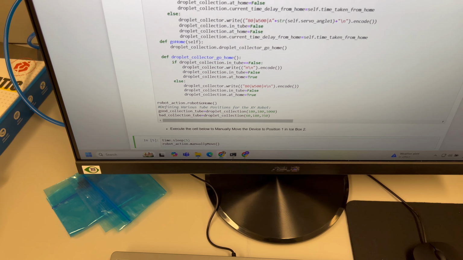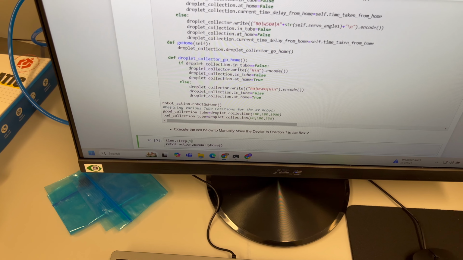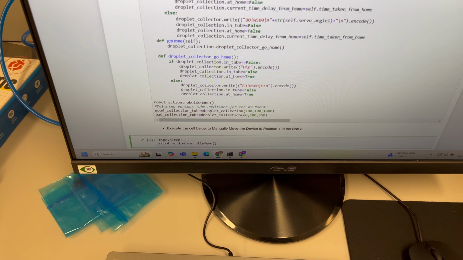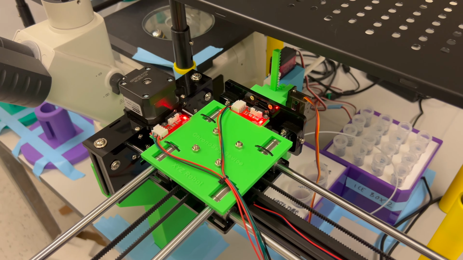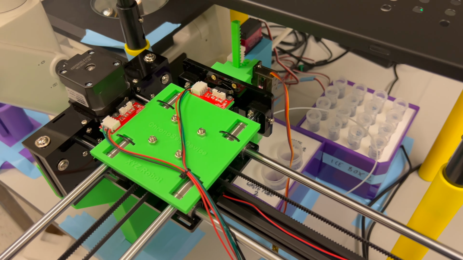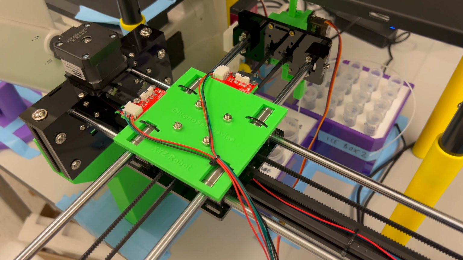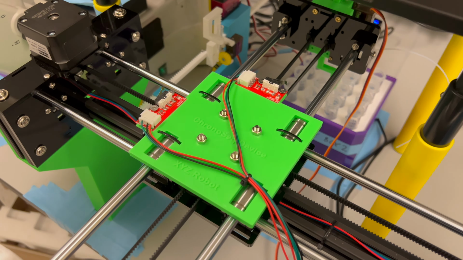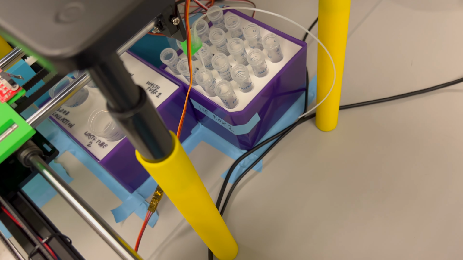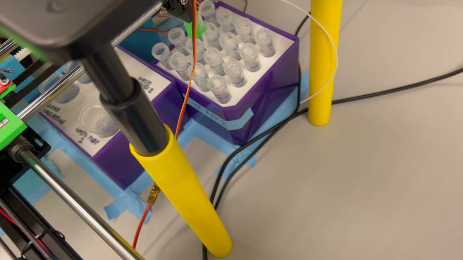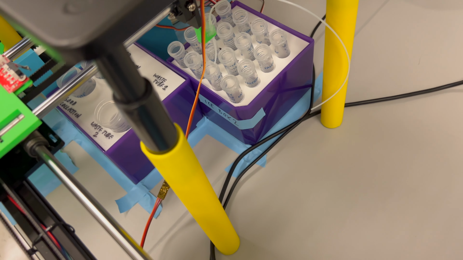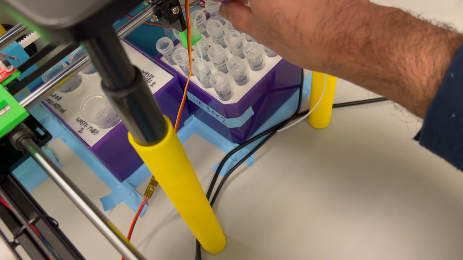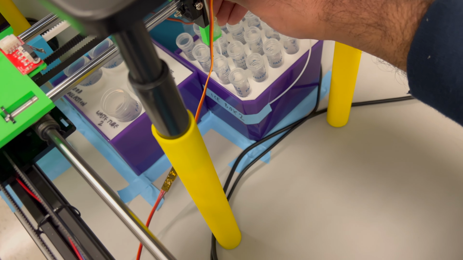Let's execute this cell and we can manually move the XYZ robot in place. So the linear rail goes up and we can now freely move the robot. You can see when I try to move it, the tubing kind of collides with the top of this 15 mil tube. So if this happens in your case, just pull up the tubing a little bit